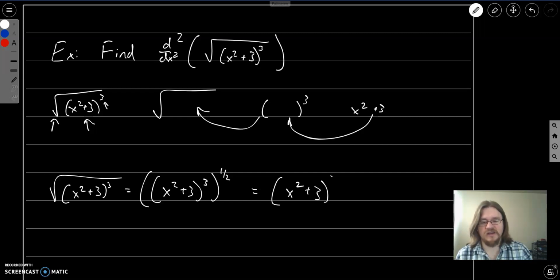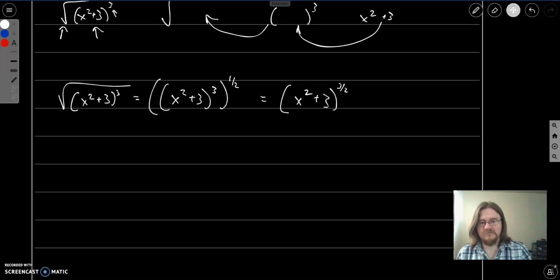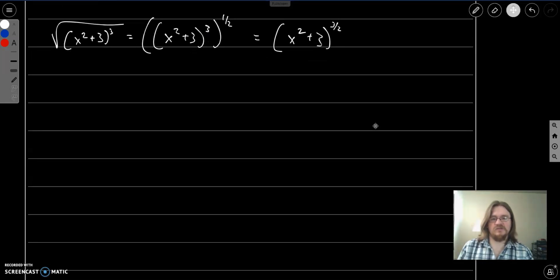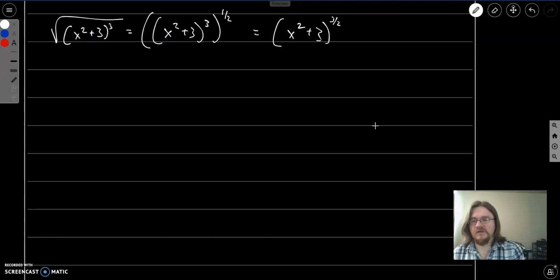We just multiply the exponents. So this is going to be the same as the 3/2 power. And this is going to be a lot simpler to take the derivative of. So let's do that here. So if I'm going to take the derivative, the first derivative of this guy,